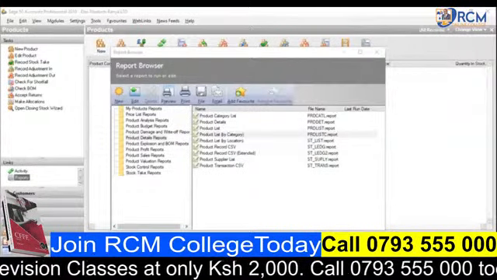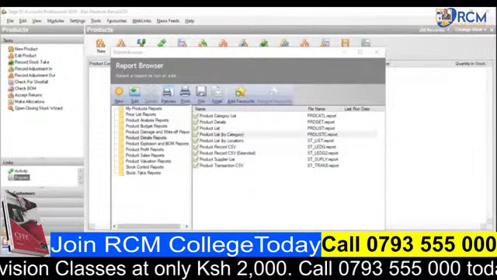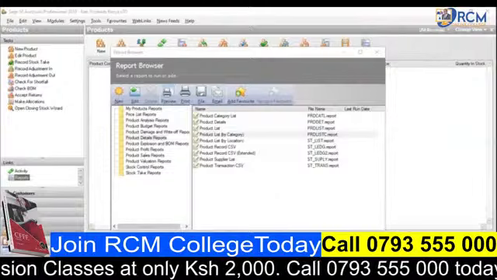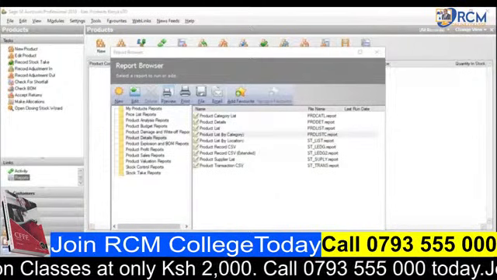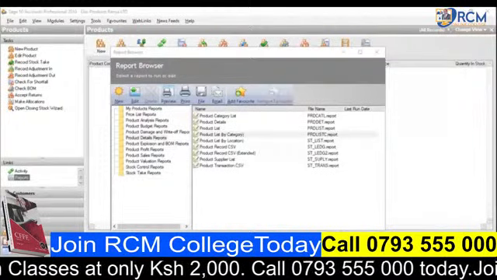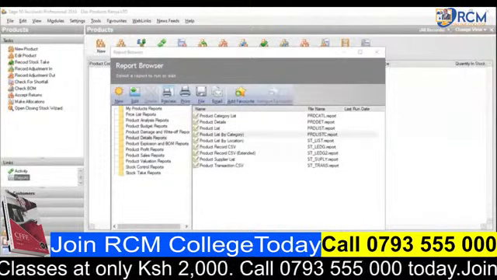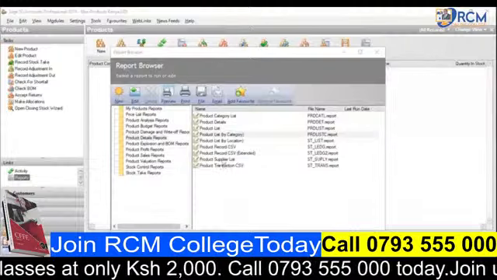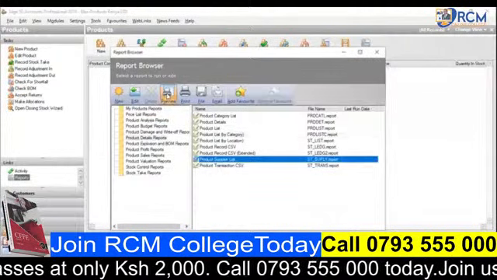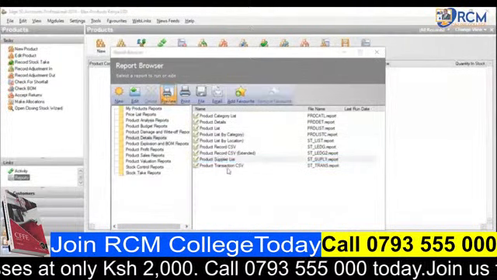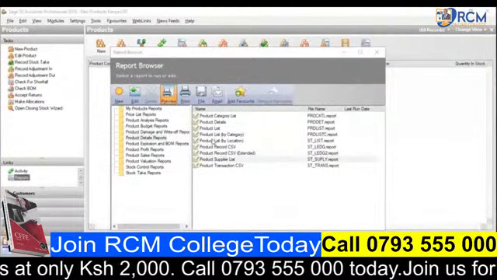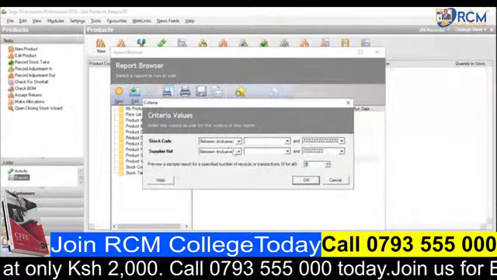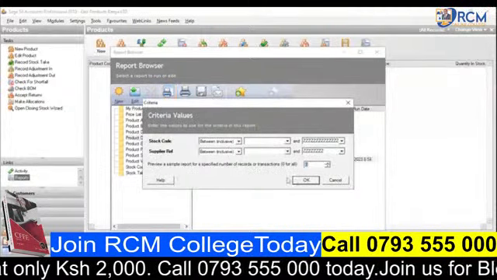Okay, so I was saying that when you are keying in your products, you are given the space to indicate your preferred supplier for a given product. So when you come to this list here, the product supplier list, if you click on it and then make a preview, mine will not be available because I don't have the data for it. So if you click on the preview, it will give you